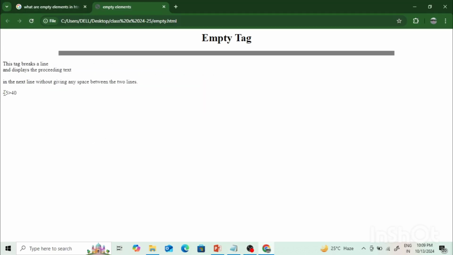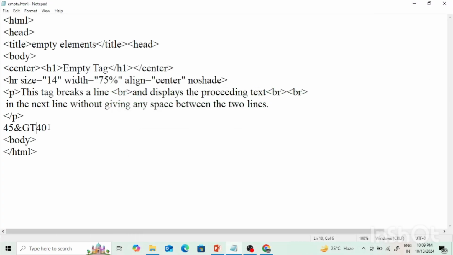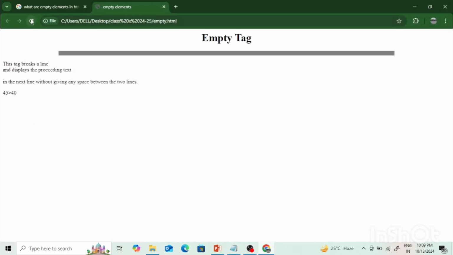Okay, you can see here 45 is greater than 40, right? Then next is 45 is less than 90. Then in place of less than, we will use ampersand LT. Okay, let us save this and let us check it in the browser. Okay, you can see 45 less than 90, and both the logical expressions are here in the same line because